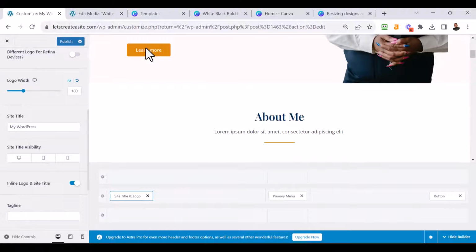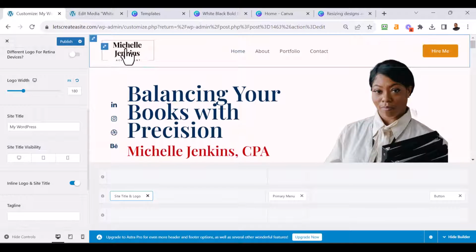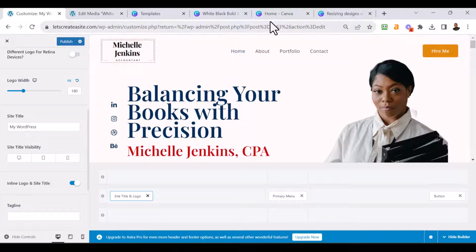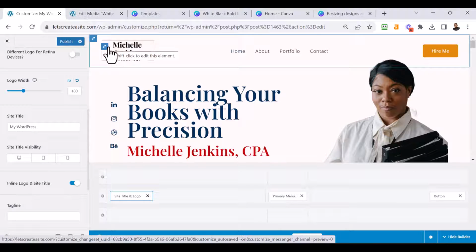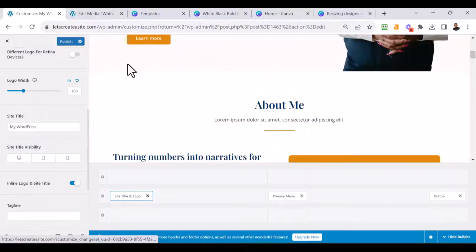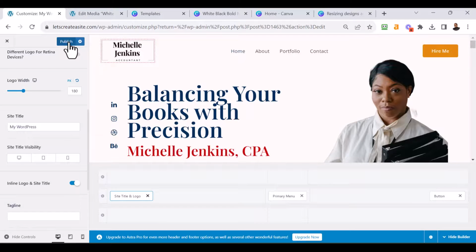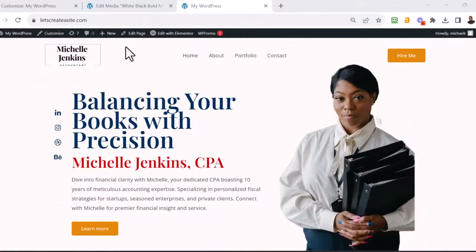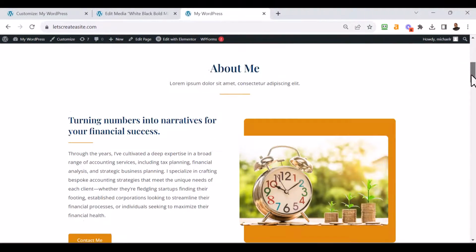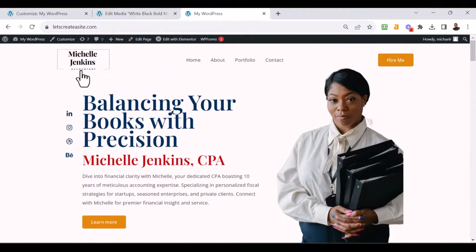Of course, if you're not able to adjust the logo in your design, it may mean that you have to edit the design a bit or customize the width and height of the logo. But we have an amazing website here, and the final step is to click on publish. Now that we have the logo in place, this is what the website looks like. So of course this was a basic logo, and you can feel free to put any logo that you'd like